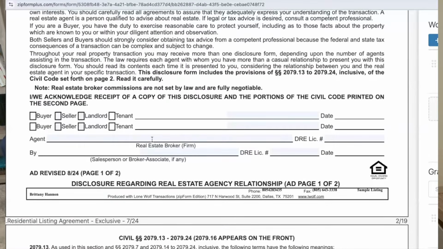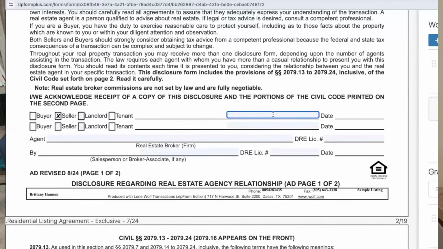So we're going to go through. You can see this is totally blank. One of the things that I always tell you is before you do any of this, go to your zip forms and go up to the top where it says templates and create a template, because then once you create a template, all of this stuff is done for you. So I would recommend that as we do this today, you put this in as your templates. So I'm going to check this box for seller,